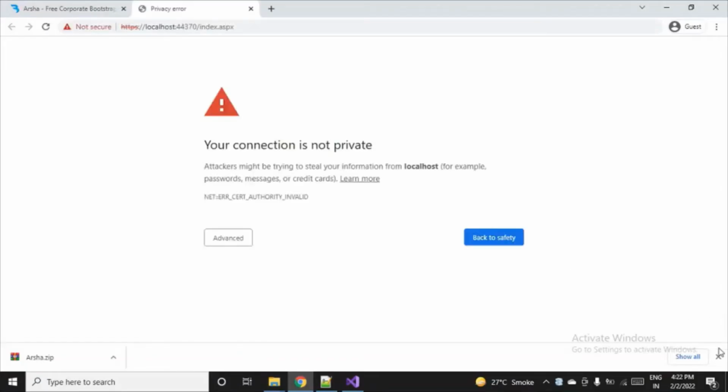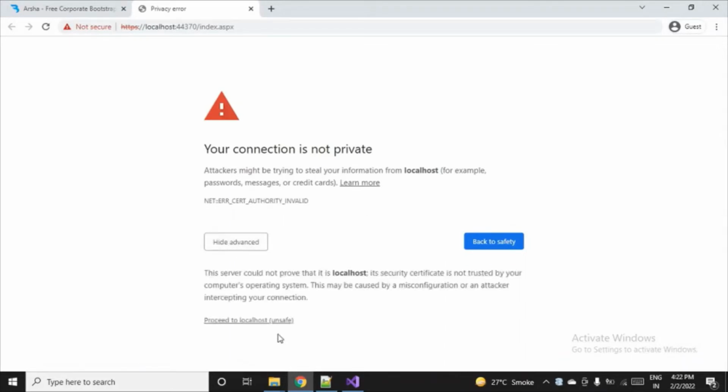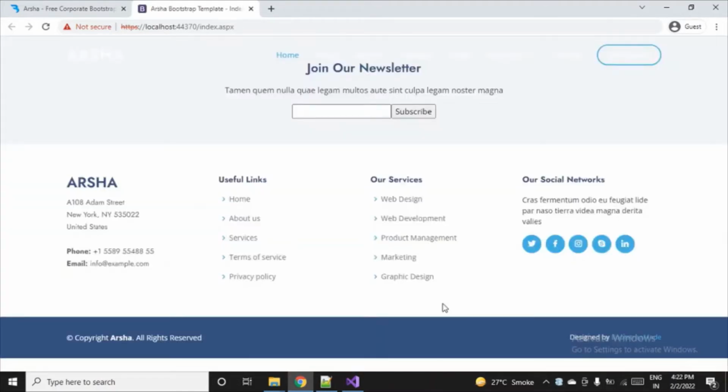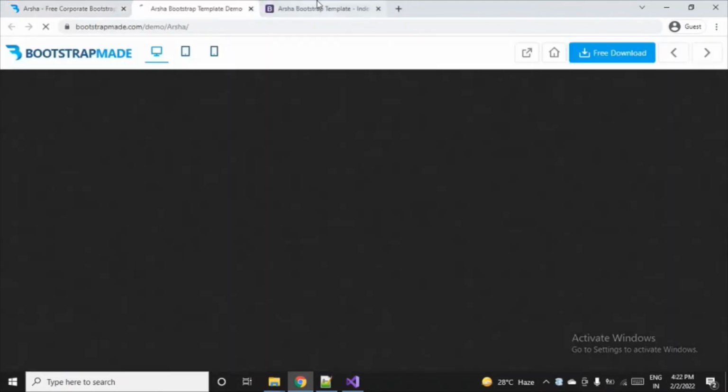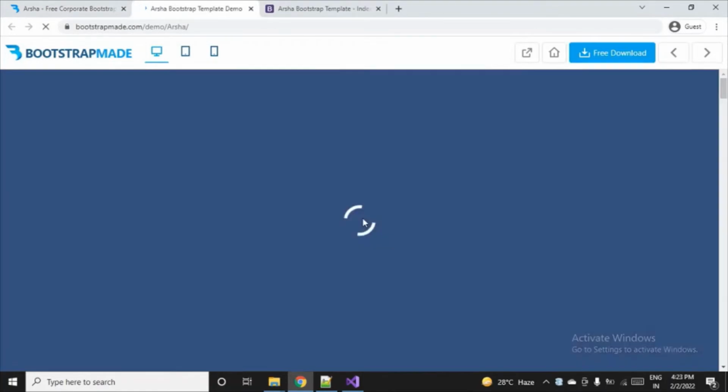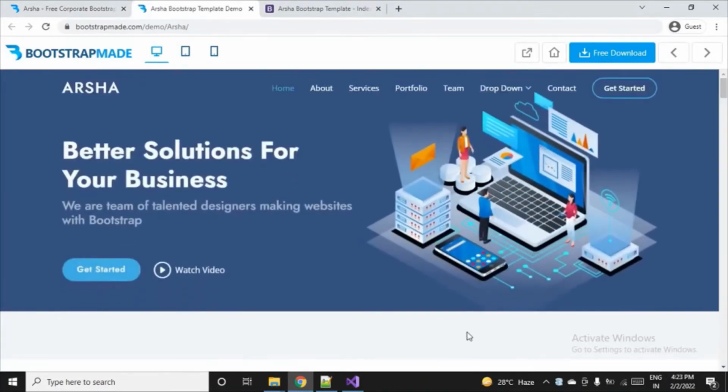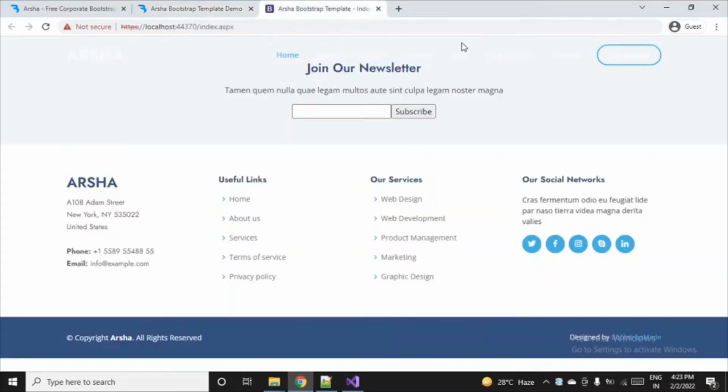Okay, some settings. So go to advanced and proceed to localhost. Chrome is considering it as unsafe, but it allows it. Okay, so I guess you all can see some structure is here. Header part is here, but not the exact thing we have got. So this was the exact thing you all can see. This was the actual website, and now we have created something like this.